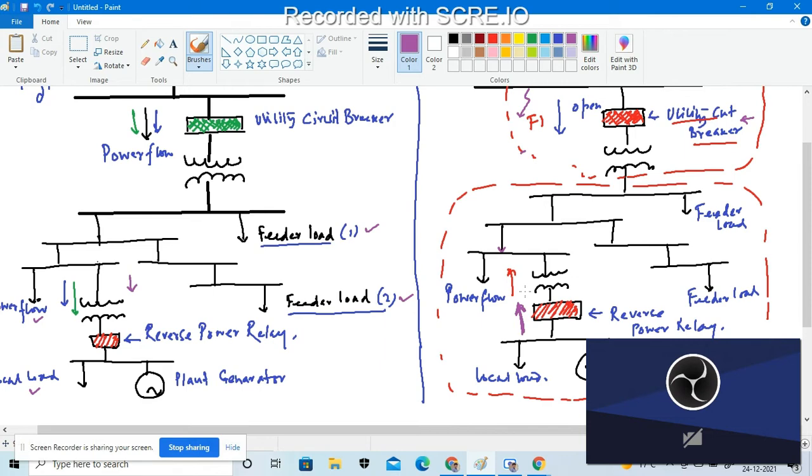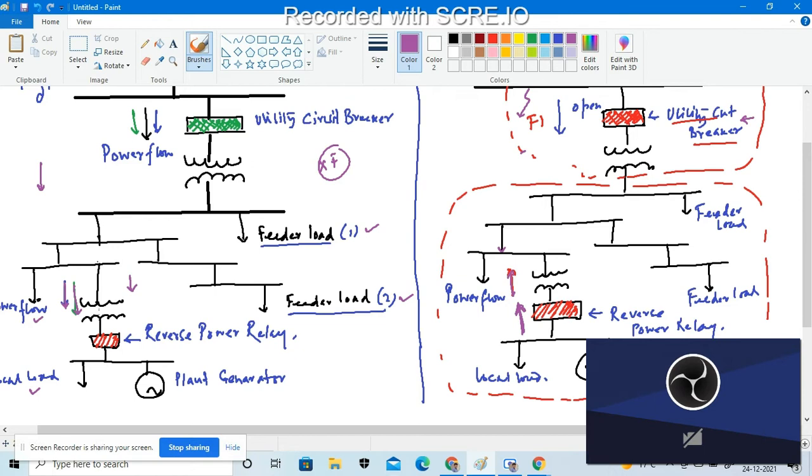Okay, in both the figures we will see that there must be some difference between the two cases, because in this particular figure one, the power flow is in this direction, but the power flow is in the other direction if any such fault occurs. If such a fault does not occur, then the flow of power is in this direction, from the utility sites to the power generating sites. So in a pre-fault state, we are now considering figure one.